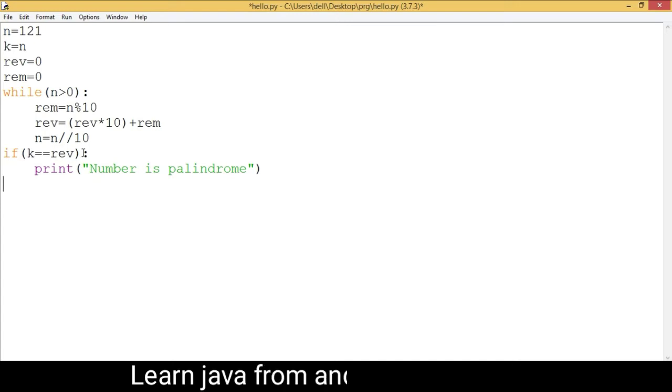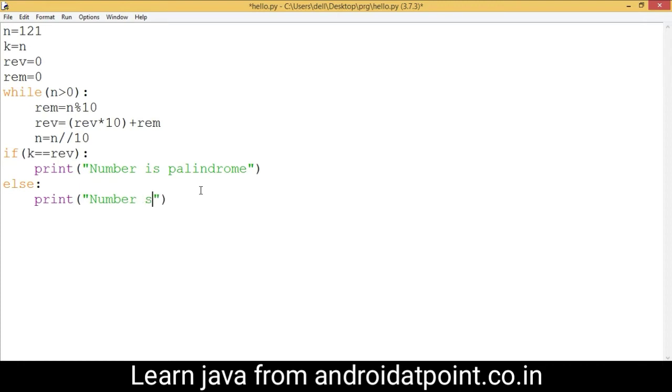If both are the same, the value of k and the rev after reverse both are the same, then the number is palindrome. Otherwise, else print here number is not palindrome.